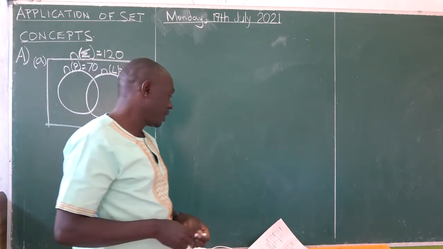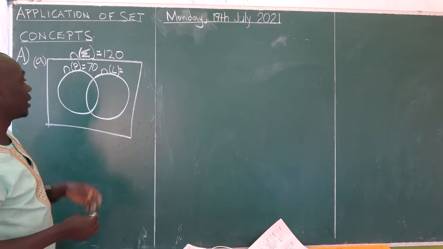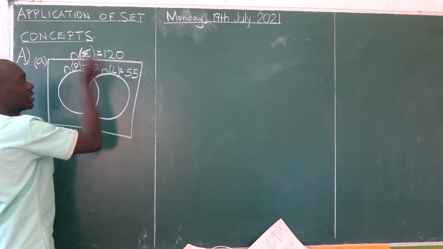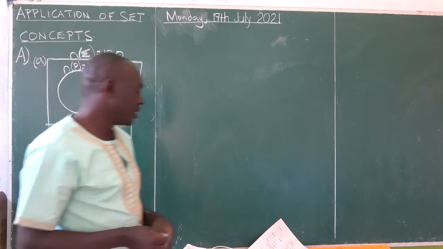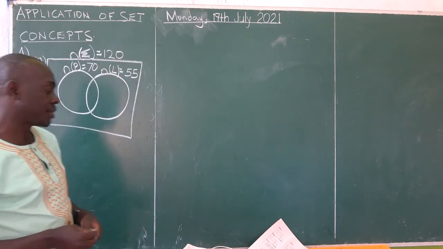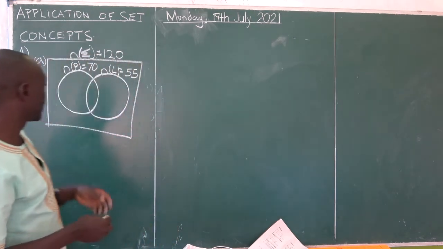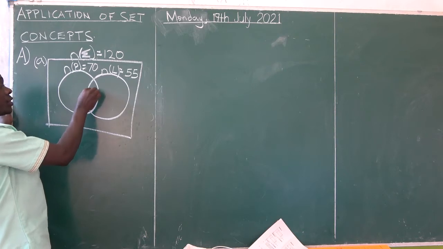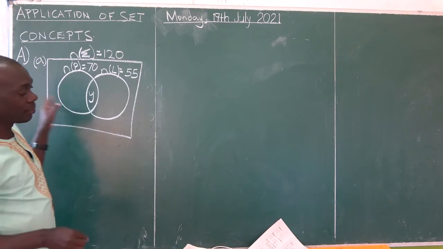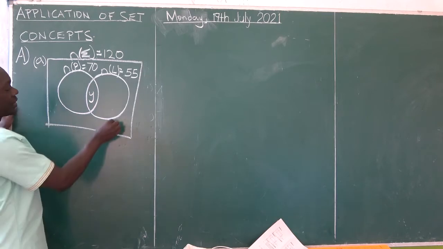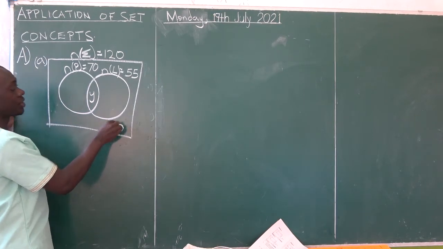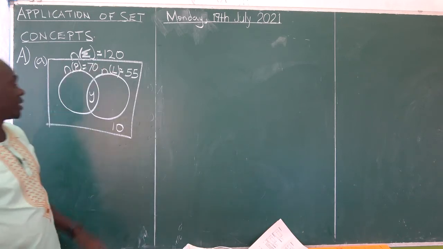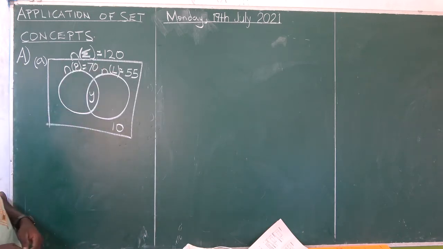As you continue reading, 55 have Lexus L, right, 55 against L, and then 10 have other types. Some have both. Since you are not told the number, put a letter. Like that time we used Y, let me use the same. And 10 have other types: write the 10 outside these two kinds of vehicles, that is Prado and Lexus, and then represent the information on a